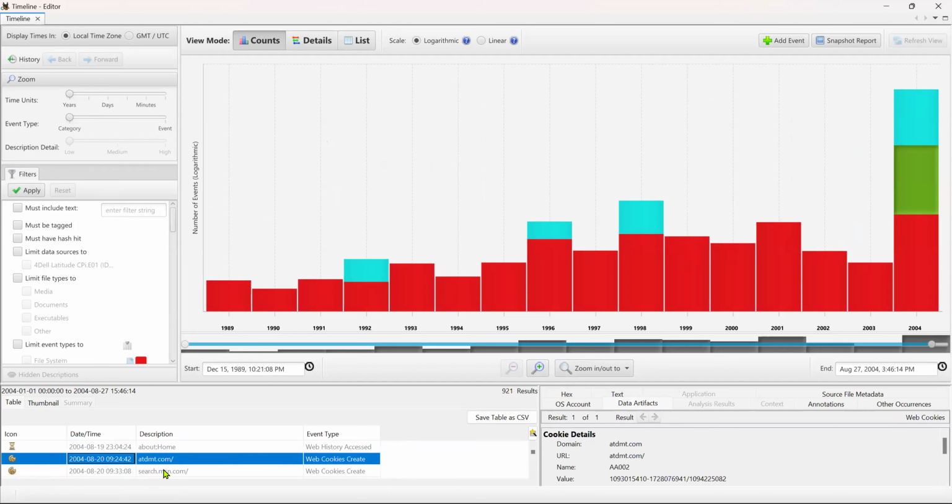And it's starting to give you a timeline as those things come through. So that's what this one does. And then you can do,